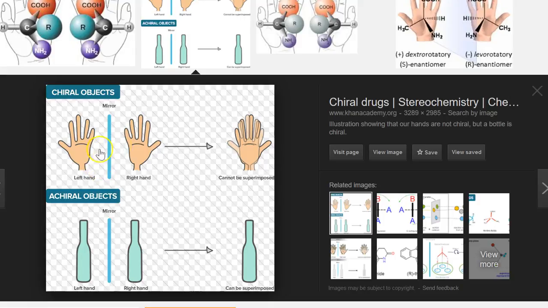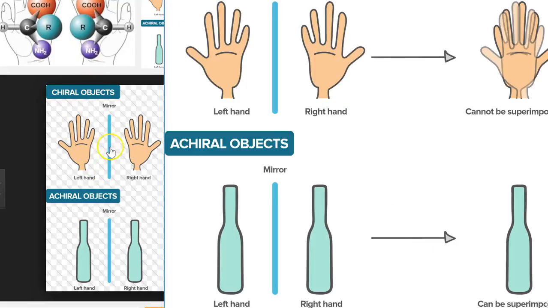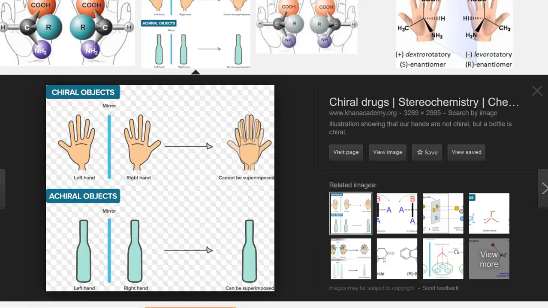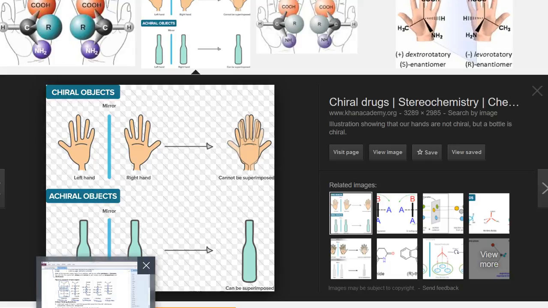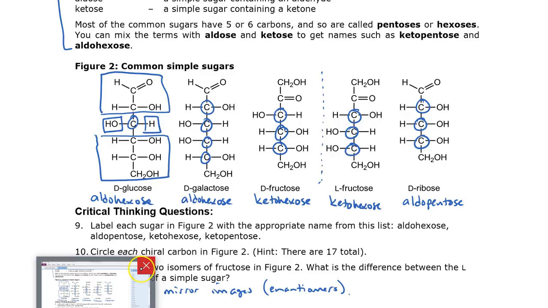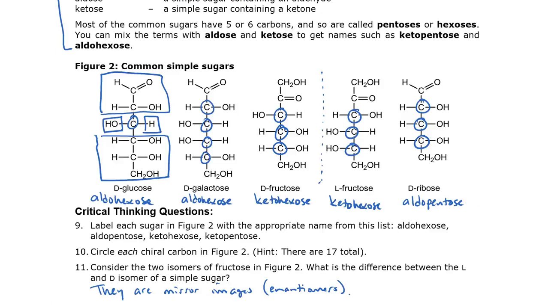And finally, this image shows you specifically why chirality is referred to as a handedness, because you're not going to be able to see all of that, are you? So let's just look at it this way. When the left hands and the right hands cross over each other, they don't match up, but something like a bottle, when you make the mirror image of that, then it is the same as itself. Okay, so let's go back to our activity.